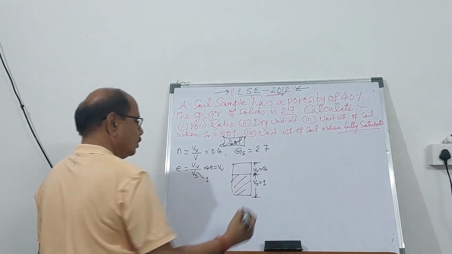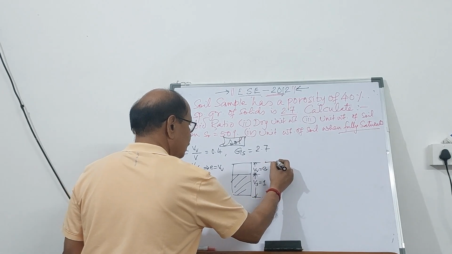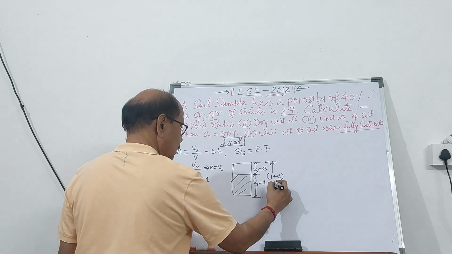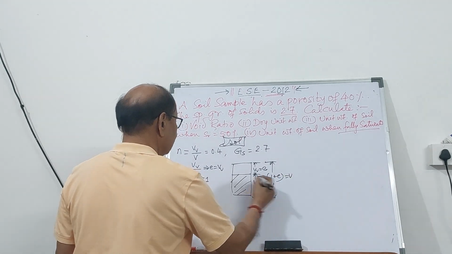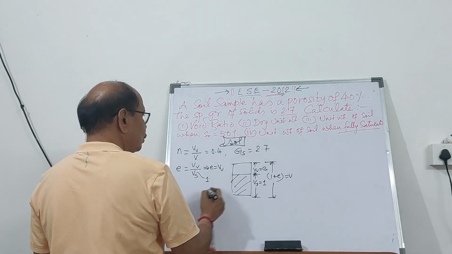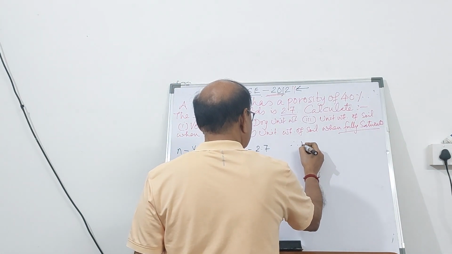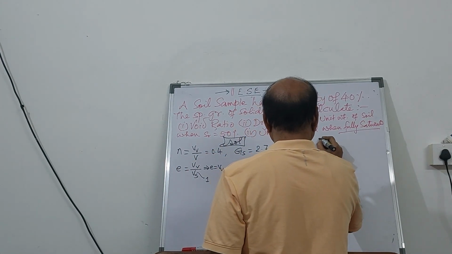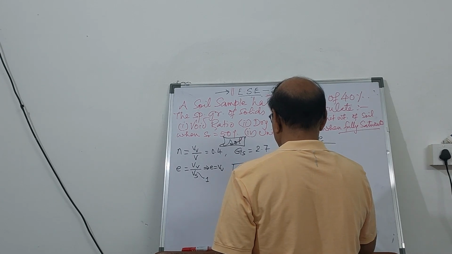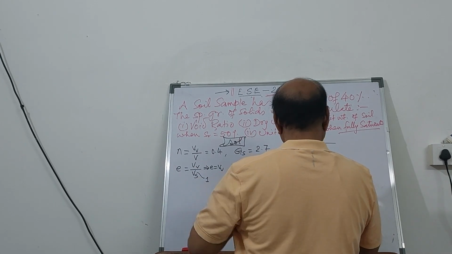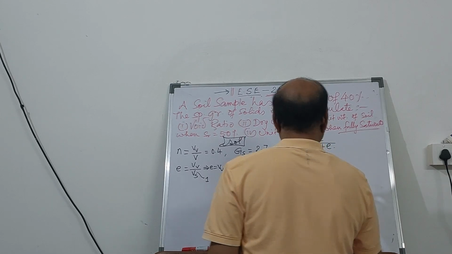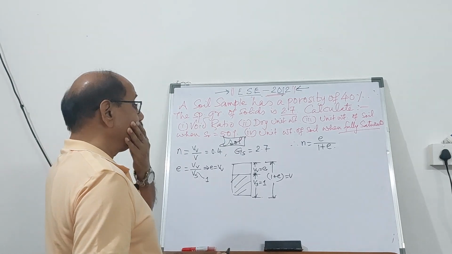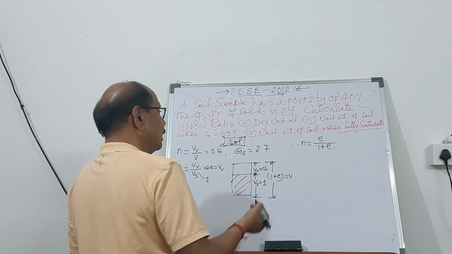This becomes void ratio. Therefore, this total volume becomes 1 plus E, the total volume. So N is given to you, therefore N, which is equal to volume of void, is going to be E, and total volume is going to be 1 plus E. This is the relationship which you know between porosity and void ratio, and therefore